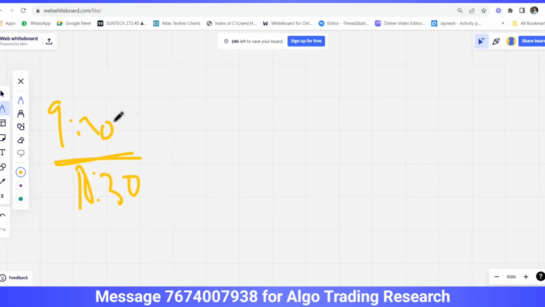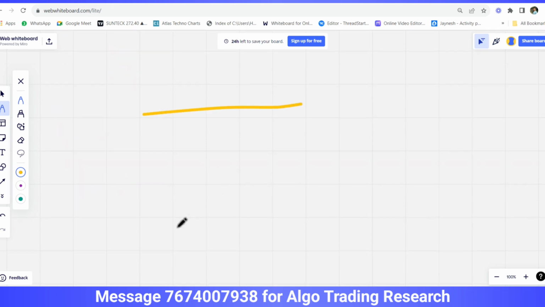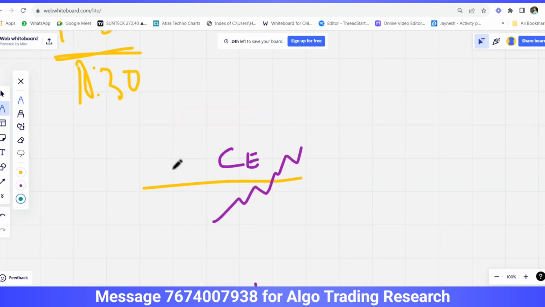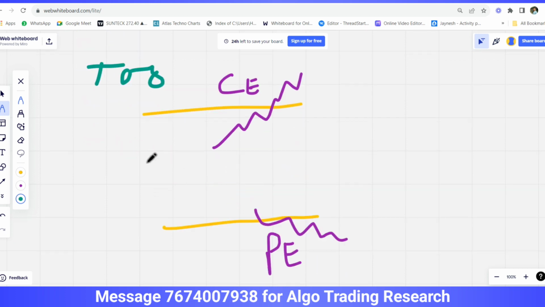Okay, so this is the best time I would say for trying range breakout strategies. So in this case, if the market makes this range here, and if the breakout is on the upside, then we are going to buy a call option, and if the market is going down, we are going to buy a put option. But there are important things that you have to remember. That is, what should be the target here, what should be the stop loss here, and what should be the